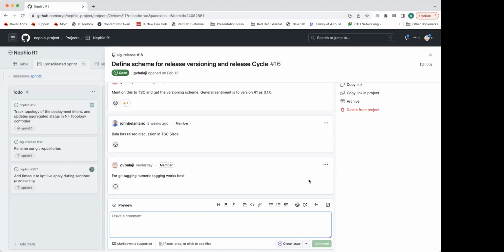It appears to me that we are not going to break the convention for Go or packages. It's going to be V something, but at the same time we are going to tag that with the release. It looks like we are going to have at least 2 tags for each repo. Is that not the right understanding, John and Tal? So we will go with the convention that the Go repos and the packages repos need. At the same time, whatever the release time is, we'll tag that commit as a particular release, it could be release 1 or whatever the TSC chooses. So we will have multiple tags.